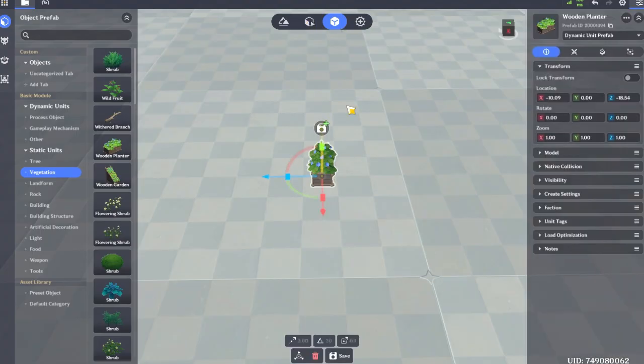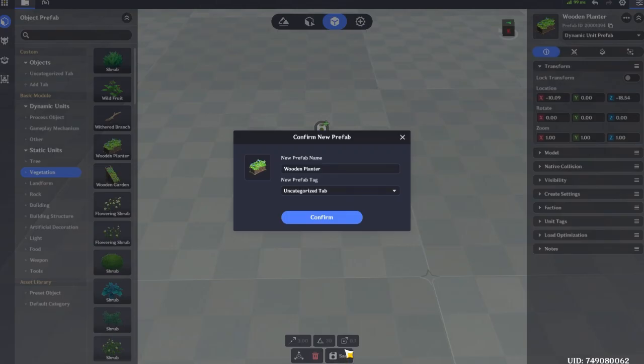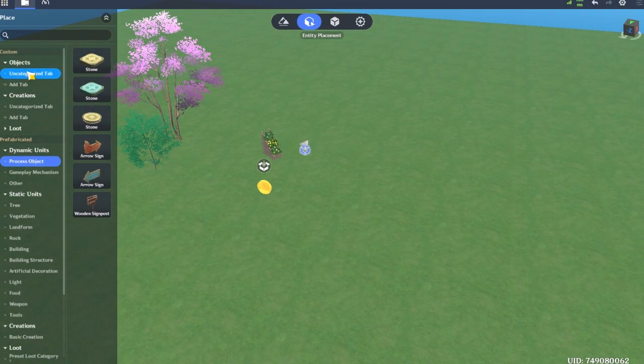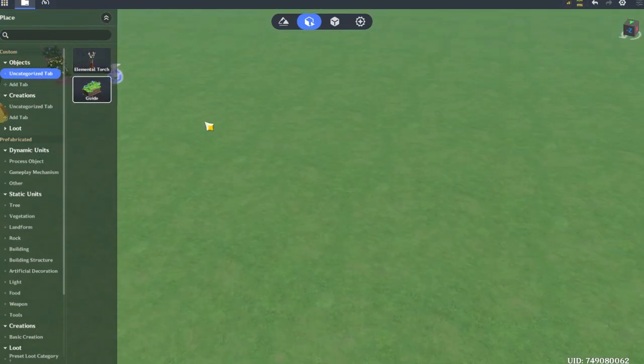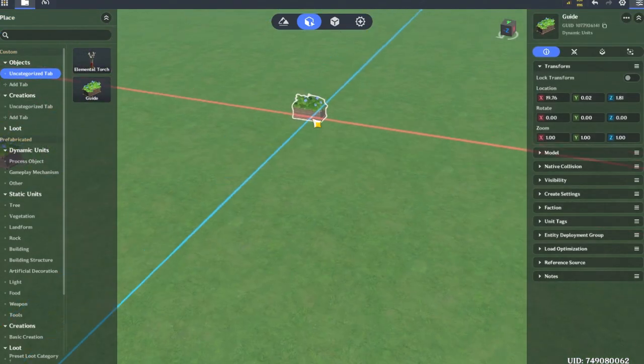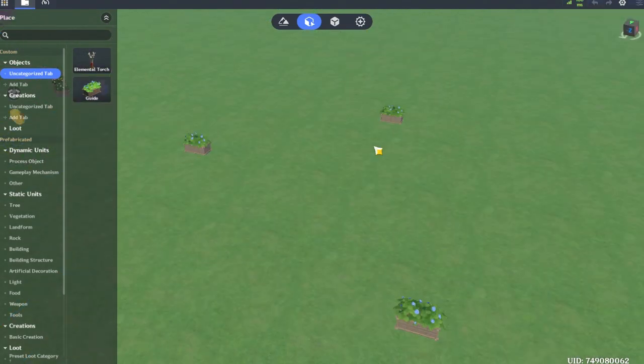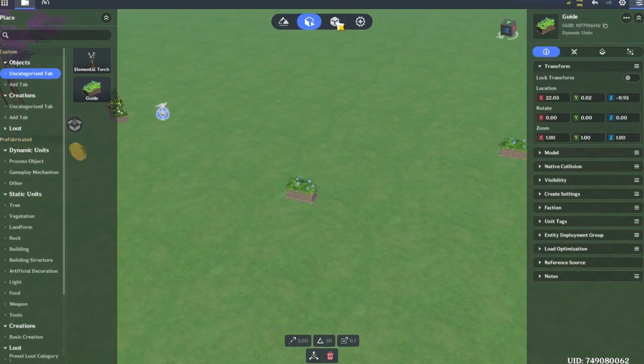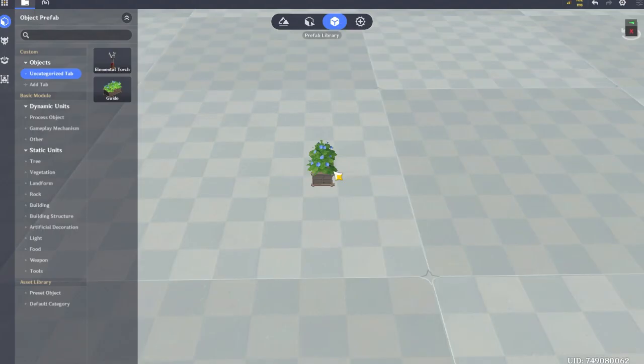You can do that in prefabs, and then you just save this prefab as guide, maybe that's your guide prefab. Then I can come in here, go into uncategorized, because I didn't give it a category, and I can place this guide anywhere on the map, and it will be the same object with the same node graphs and properties. And that's what makes